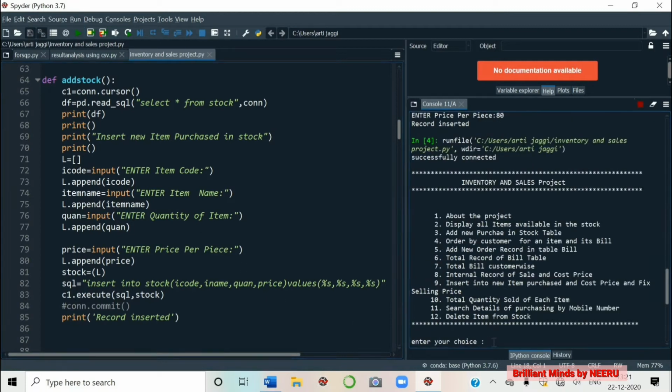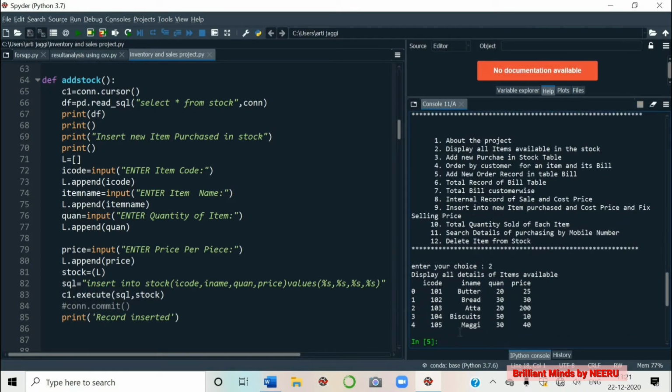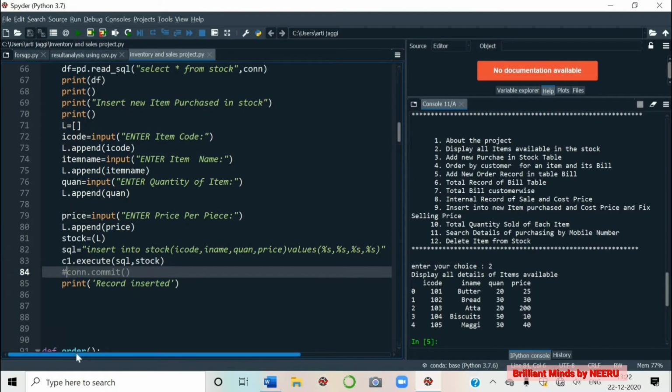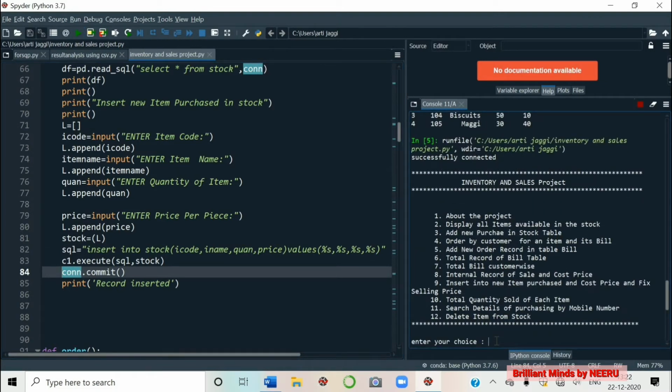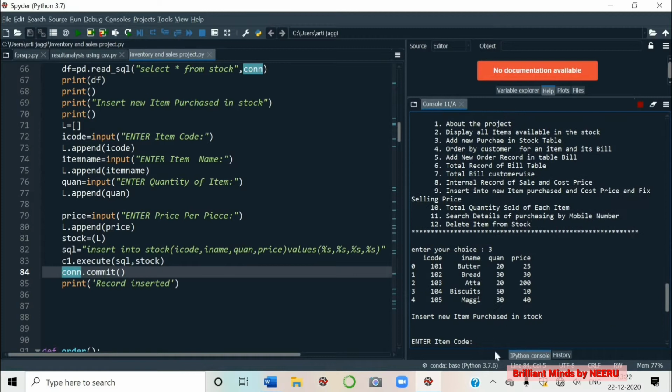Let us run number 2 again. See here, number 106, tomato soup is not inserted. Suppose I remove this hash. Now it is not a comment. Now let us run number 3 again. What happens now? It will make the changes permanent in the stock table. Now I'm giving the same record again.